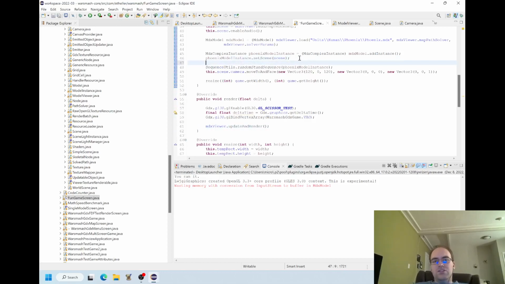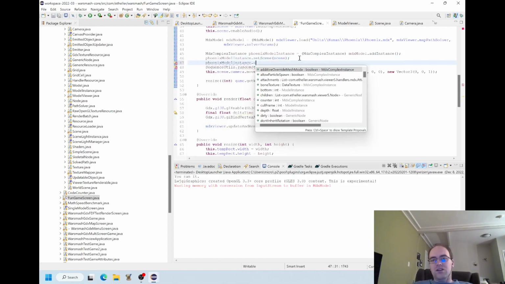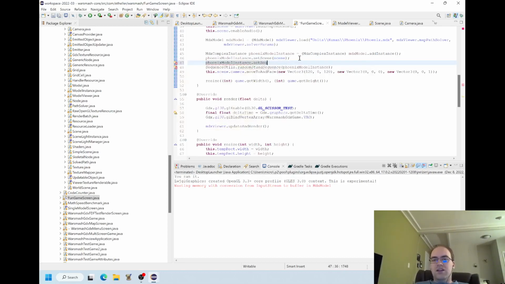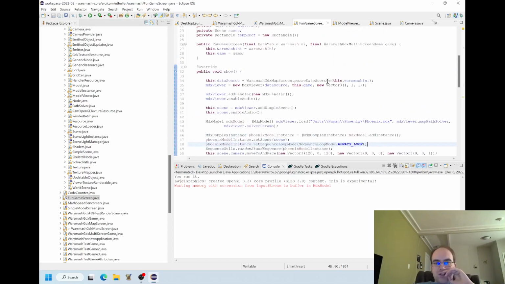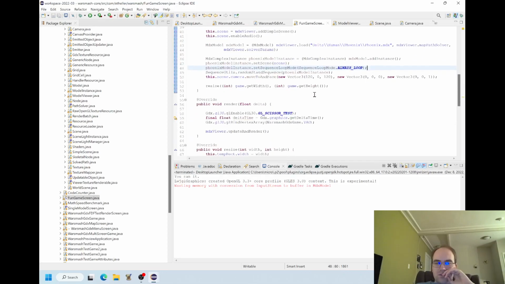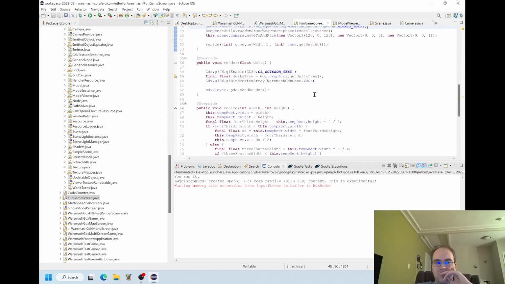One thing I did notice in the other file is that our Phoenix model instance did not have sequence loop mode set to always loop, which could be fun to do, so that it's just going to always loop our animation that we put it to do as a test once we find it and find out why it's not really rendering on the screen yet.